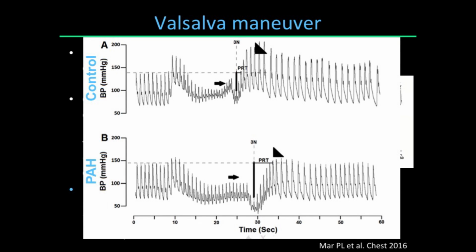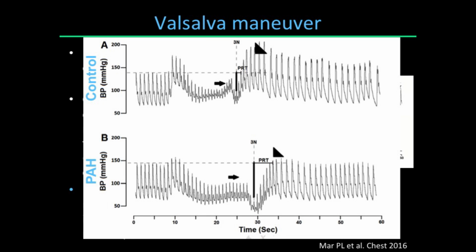And as you see here, patients with PH will have a more pronounced dip of the blood pressure as soon as they release the Valsalva maneuver. And the recovery time is also prolonged, and the heart rate doesn't go up as much, meaning that they may have some sympathetic